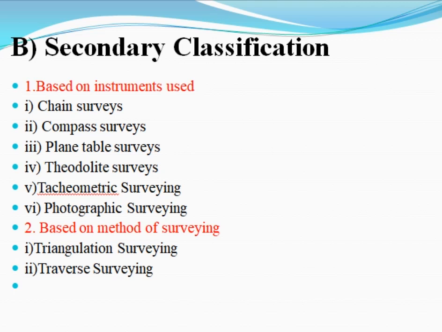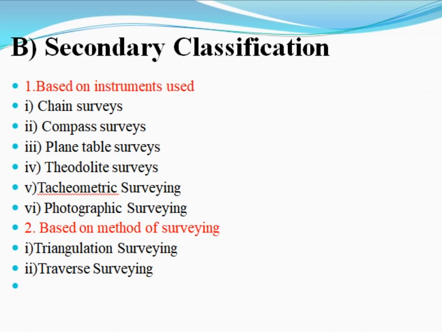Another is the compass survey. In case of the compass survey, it is used to measure the angles. As we know that there are two types of compass. First is the prismatic compass, another is the surveyor compass. In case of the prismatic compass or surveyor compass, a direction you have to know, that is north. From the north we have to measure the angles up to the survey line. Then plane table survey, by using the plane table we survey that area; we consider a smaller area for the plane table survey.